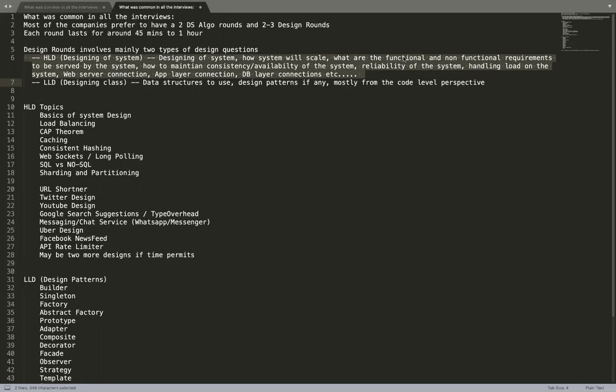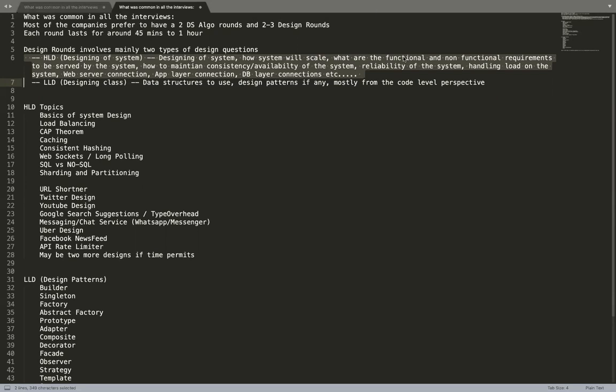I'll walk you through the distribution of the time for each of these various categories in high level design right now in some time. But just to answer your question, they don't expect you to come up with all the requirements and solve for all of them. You need to figure out the very, very basic requirements, propose a solution for that, do some estimations, and then go on to the high level design.